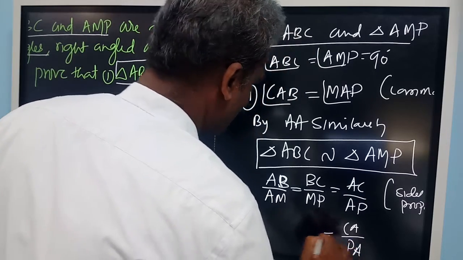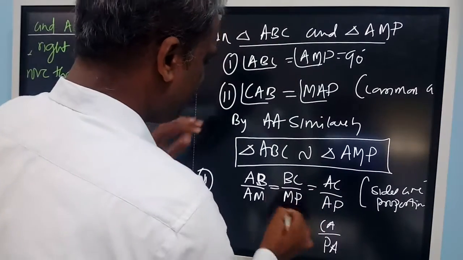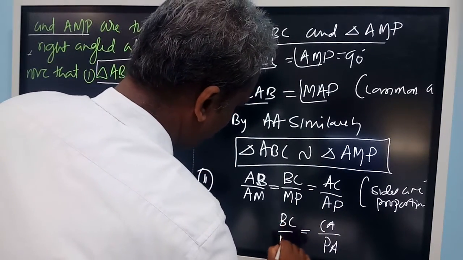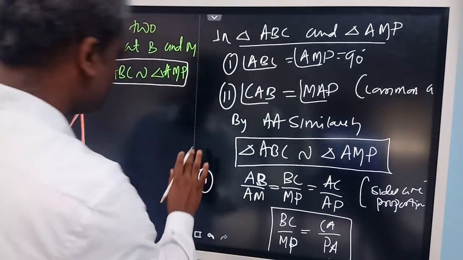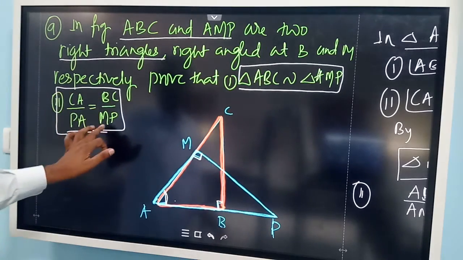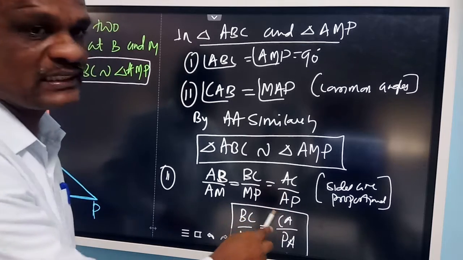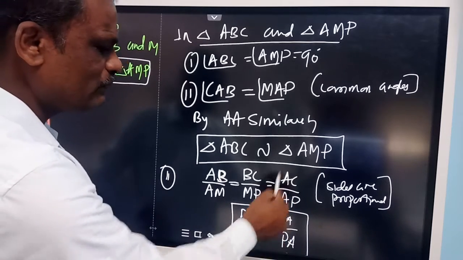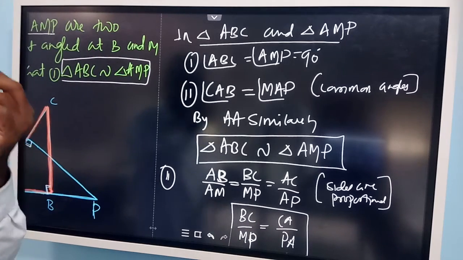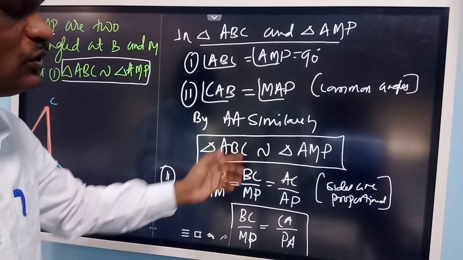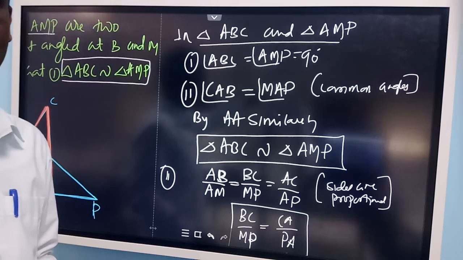The AB ratios are the same. Then this is equal to, you want BC by MP. So last two you can take. So that's the proof what we wanted here. CA by PA is equal to BC by MP. AC and CA both are same, PA and AP both are same. That I have written: CA by PA equals BC by MP. This is what we wanted to prove in the second case. After proving the triangles are similar, just write the sides are proportional, and write the sides you want according to the question.